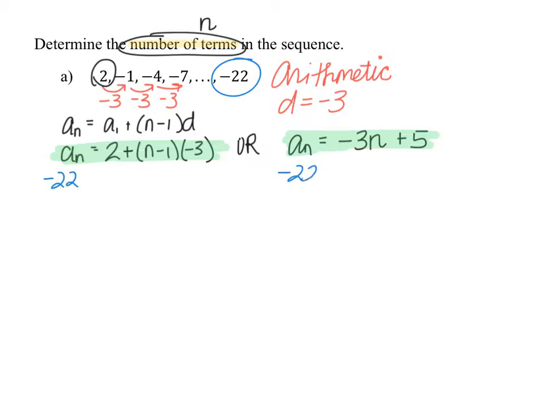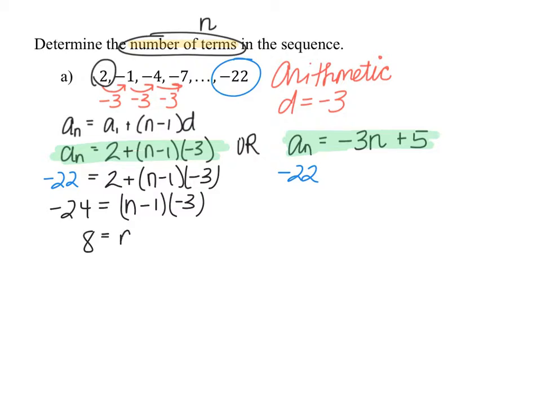And again, it doesn't matter which version you're using, if you're a person that was using the formula or you developed the formula on your own. Essentially now you're just solving this equation for n, the number of terms. So in this case, we would subtract 2 from both sides. So -24 equals the quantity n minus 1 times -3. Dividing by -3 would give us 8 is equal to n minus 1. And then adding 1 would give us n is equal to 9, which means that we have 9 terms altogether